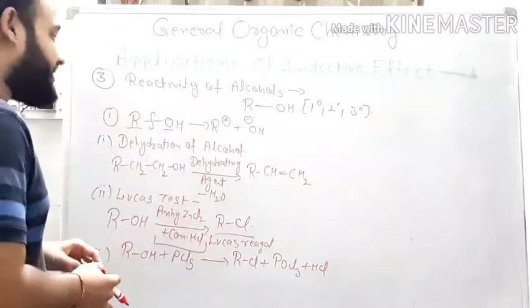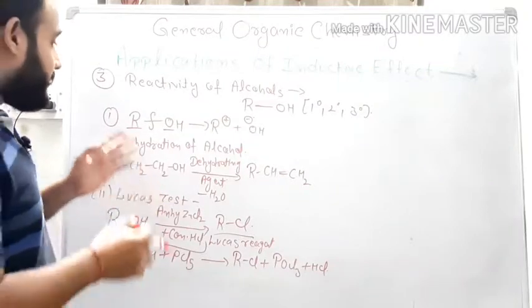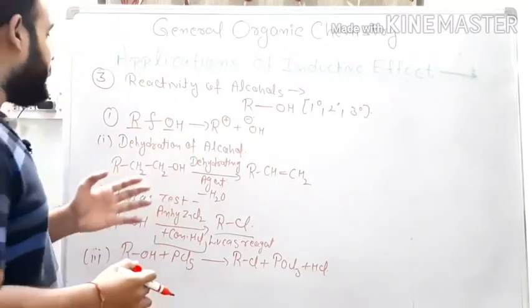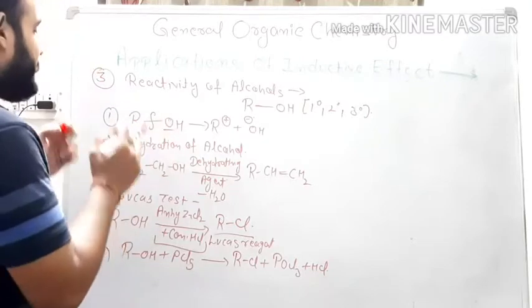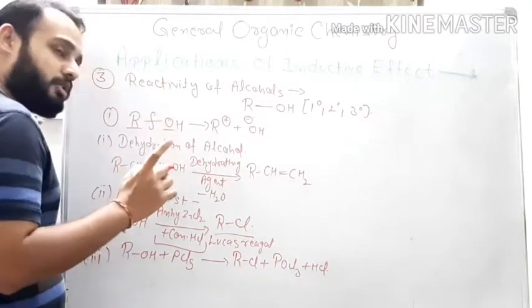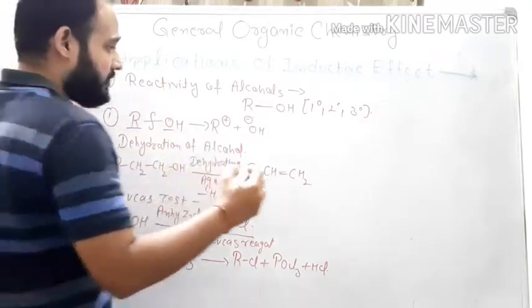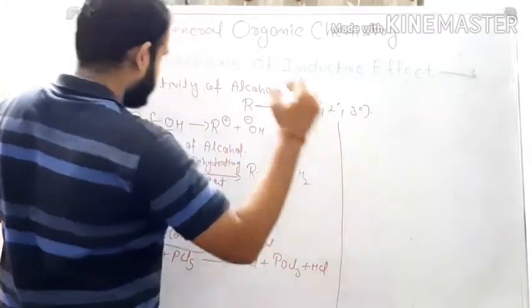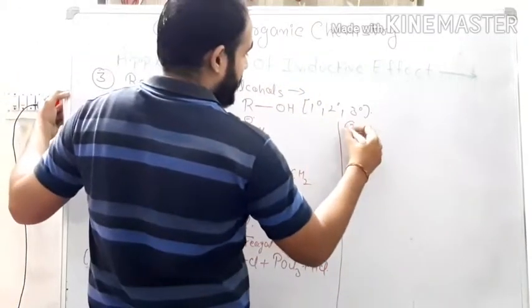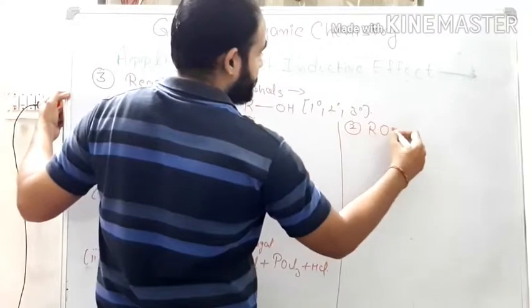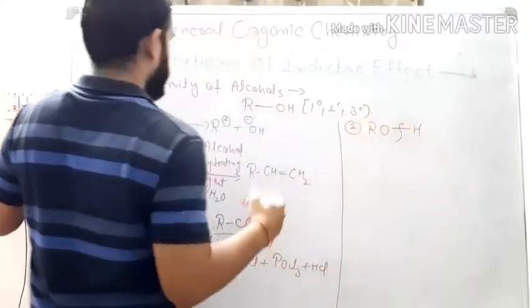So these are some of the examples of the reaction of alcohol in which the bond is cleaved between your carbon and oxygen. Understand? Now we have another possibility, that is a bond is cleaved between oxygen and hydrogen, and